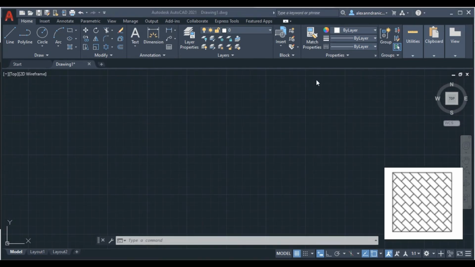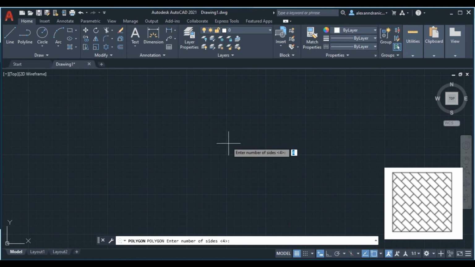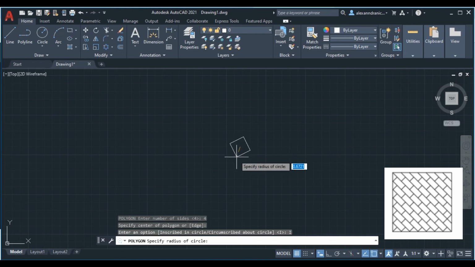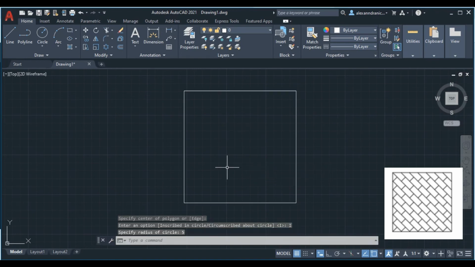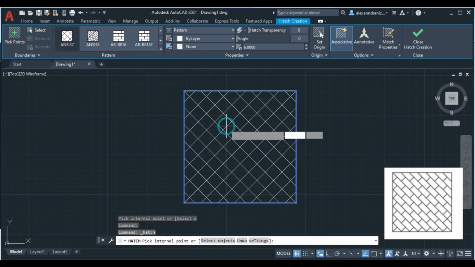So going to our fifth figure, so let's type all again for the polygon command. So then the number of sides is 4. And then for the center of the polygon, I'll click here and click inscribe. For the radius of our square, let's say 5. After this, click hatch, then select ANSI 37 and just click here,